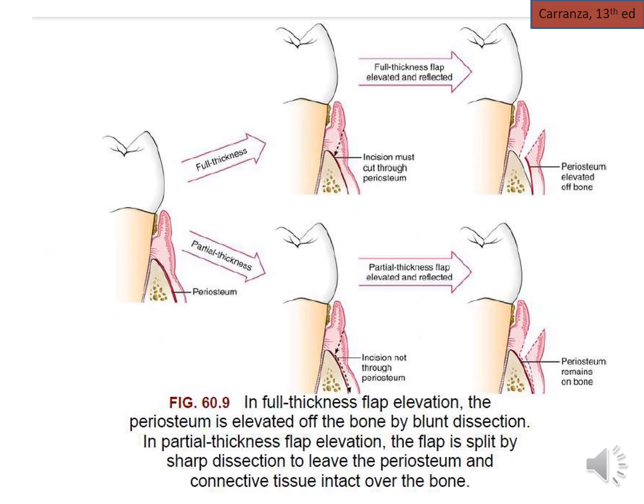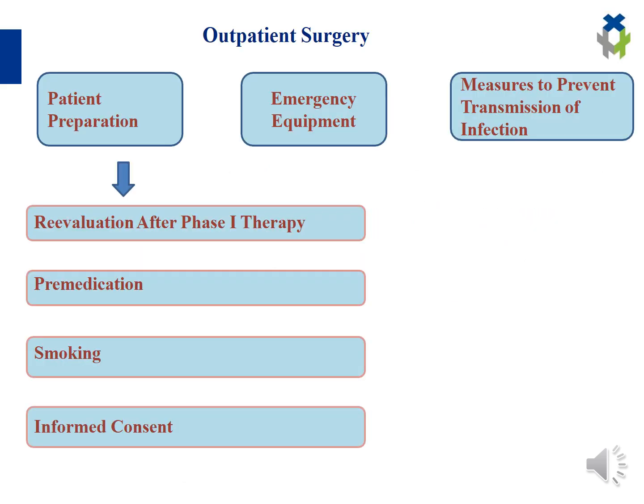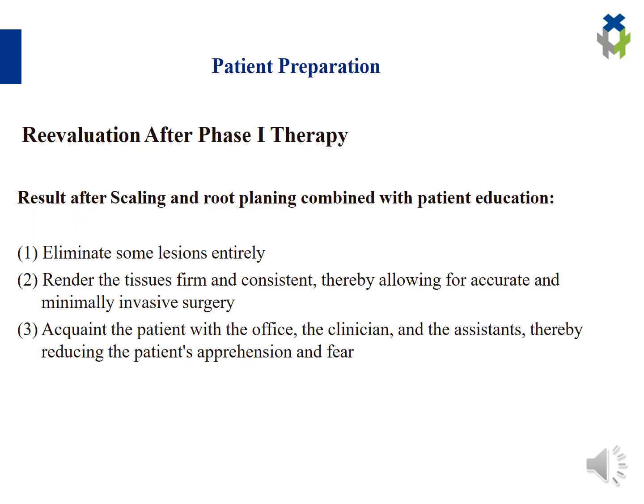On this picture, can you see in this full thickness flap, the periosteum is elevated off the bone by blunt dissection. In a partial thickness flap, it is split by sharp dissection. One part of the periosteum is continuously intact over the bone. Okay. Some of the general principles are outpatient preparation of the patient, rehabilitation after phase 1 therapy, pre-medication, smoking, informed consent. So the rehabilitating phase